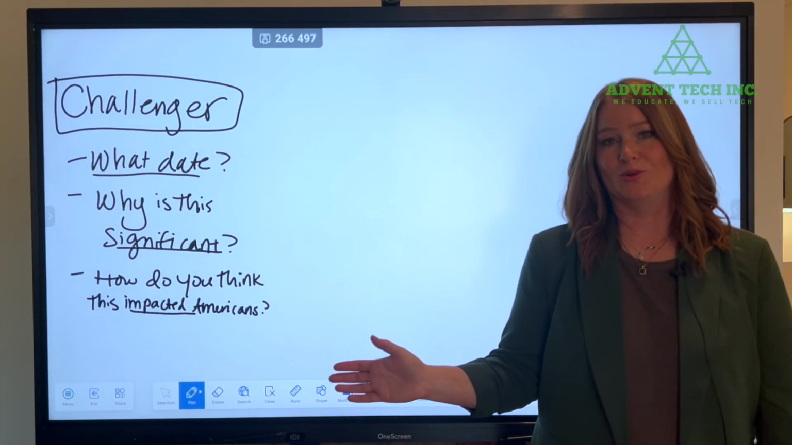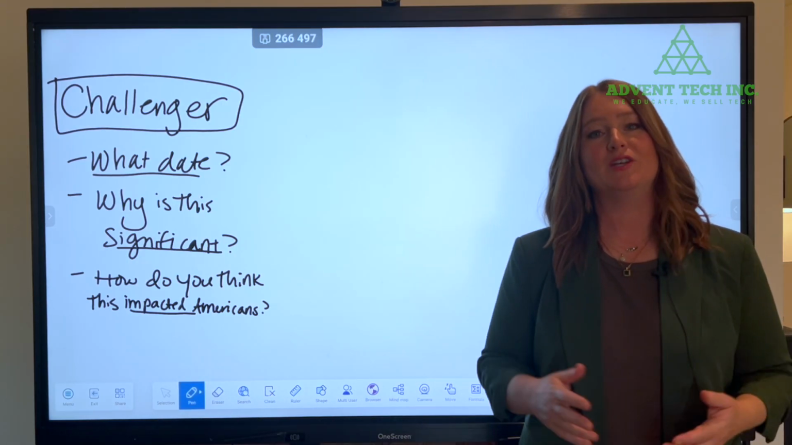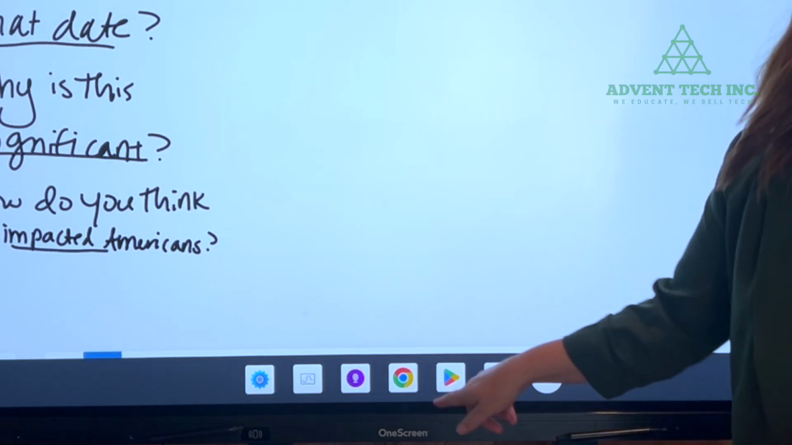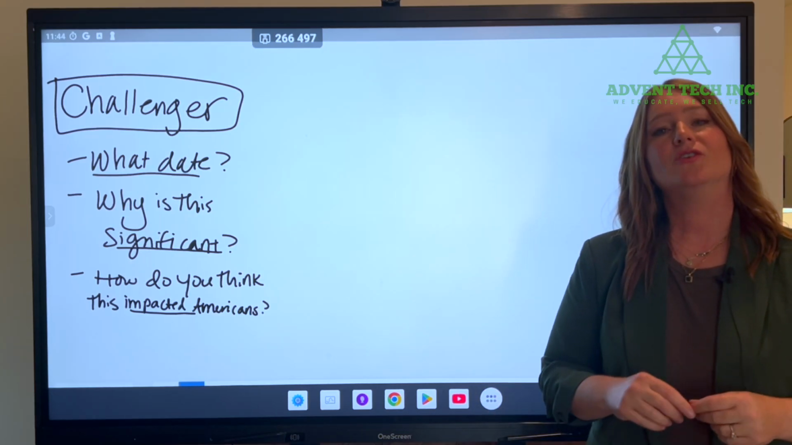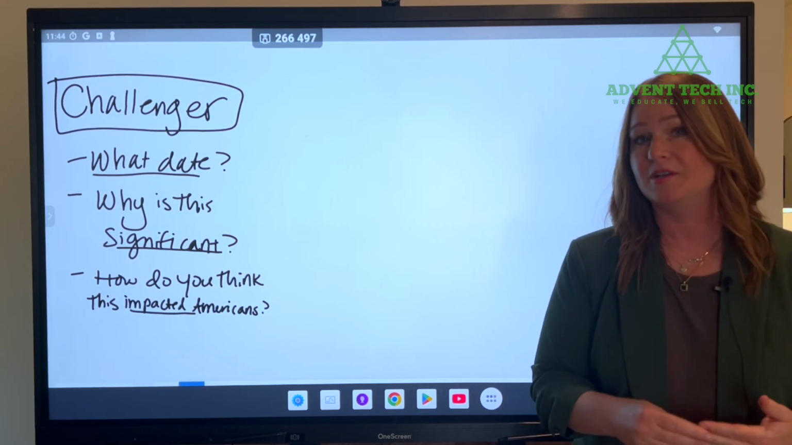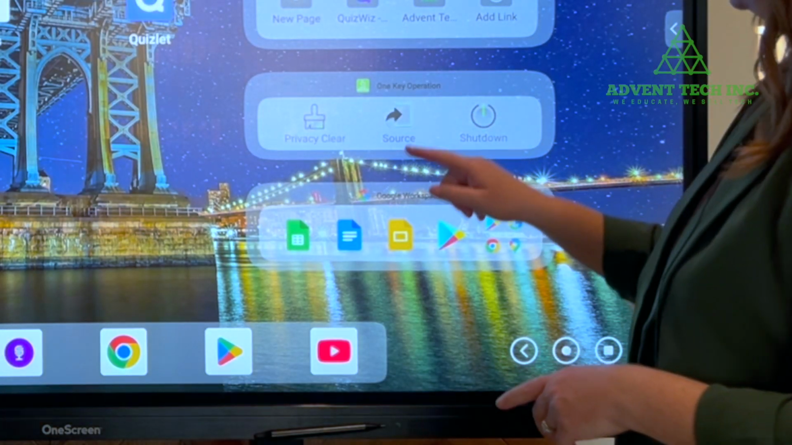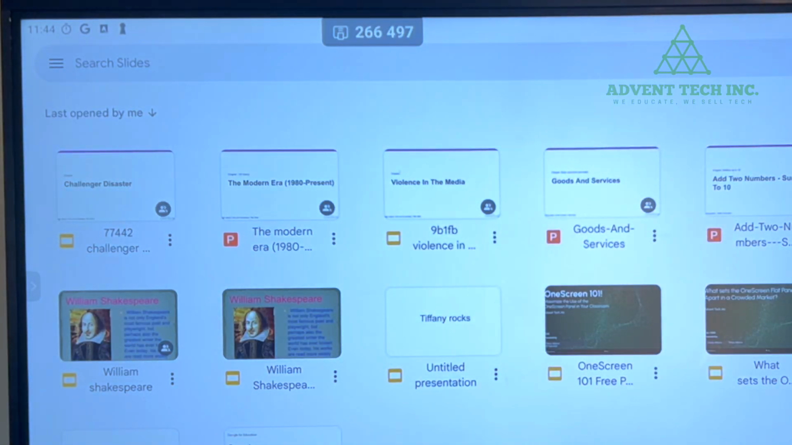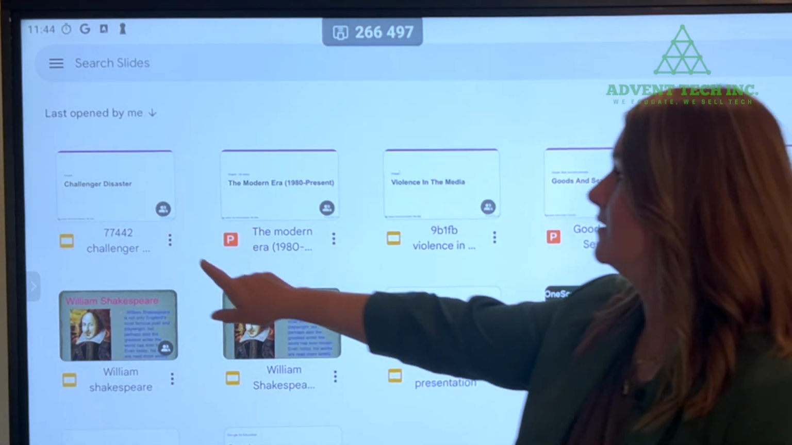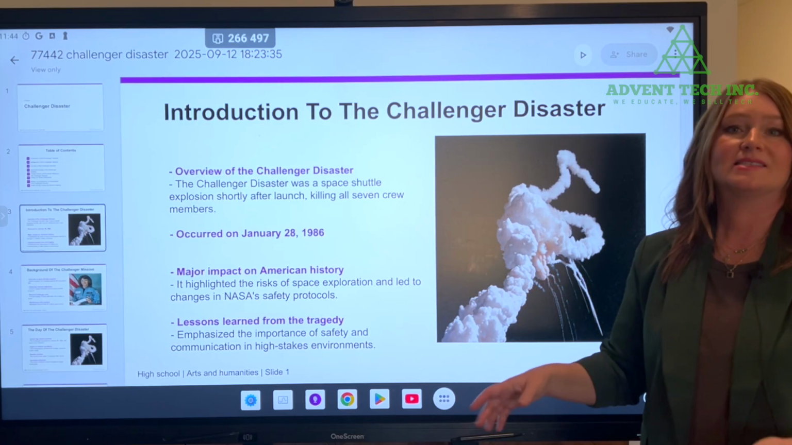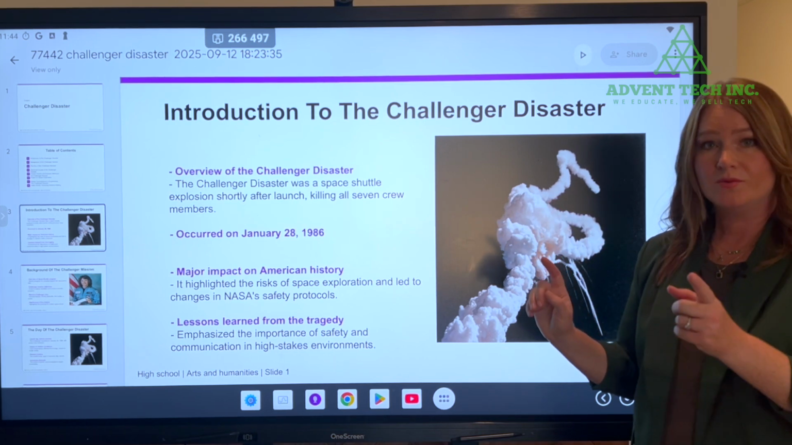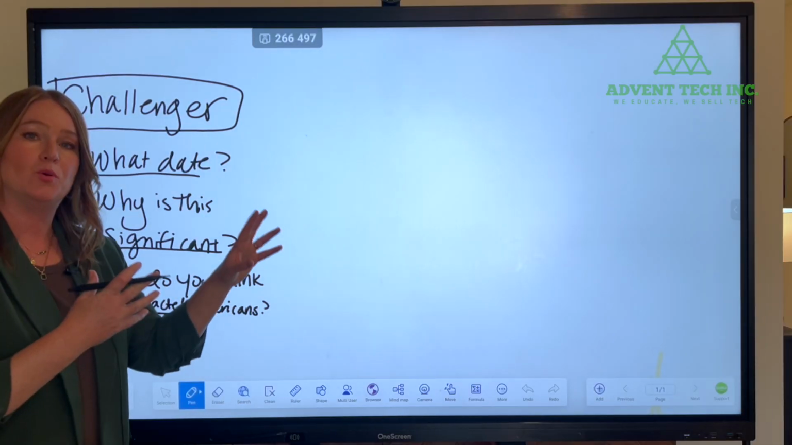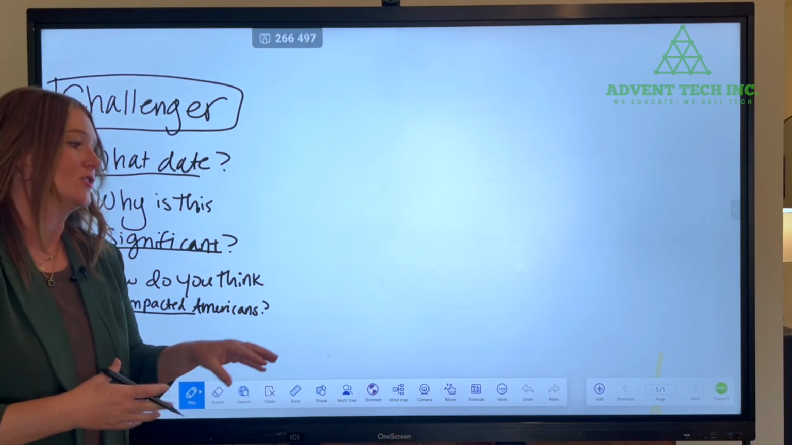My next example is, what do you do when you want to split your screen with an app that isn't in your favorites tray down here at the bottom? Before you start your lesson, make sure you've already pulled up the app that you're going to want to split your screen with. So in this case, I want to split my screen with the Whiteboard app and also my Google slideshow about the Challenger disaster. So before I begin my lesson, I've pulled up my slideshow, and that's important, and I'll tell you why in just a second. So if I'm taking notes and now I want to pull up my slideshow, my Google slideshow,